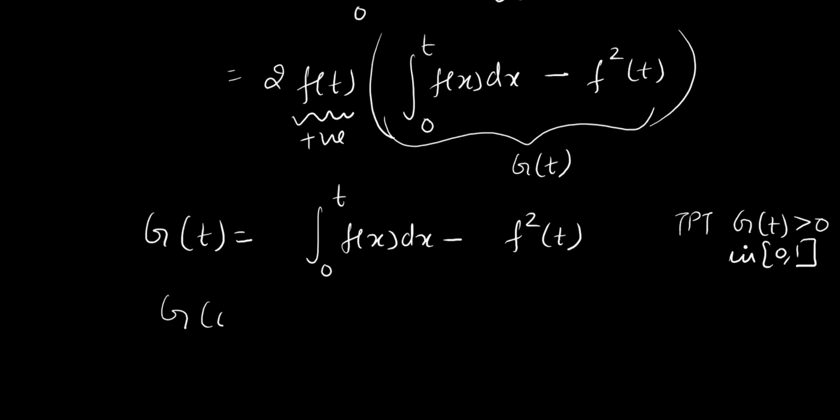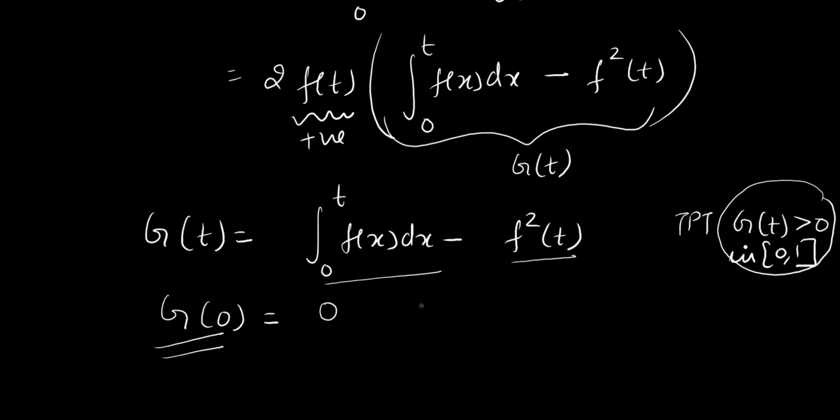कैसे प्रूव करेंगे, प्रूव करने के लिए फर्स्ट ऑफ ऑल अगेन आई कैलकुलेटेड जी ऑफ 0। जी ऑफ 0 की वैल्यू हमारे पास कितनी आ गई, 0। व्हाई इट इज 0, बिकॉज इन द क्वेश्चन दे हैव प्रोवाइडेड मी द वैल्यू ऑफ एफ ऑफ 0 इज 0, और ये तो 0 बन जाएगा। Okay, if you want to prove that g of t is positive in this interval and you are getting g of 0 is 0, then it is sufficient to prove,